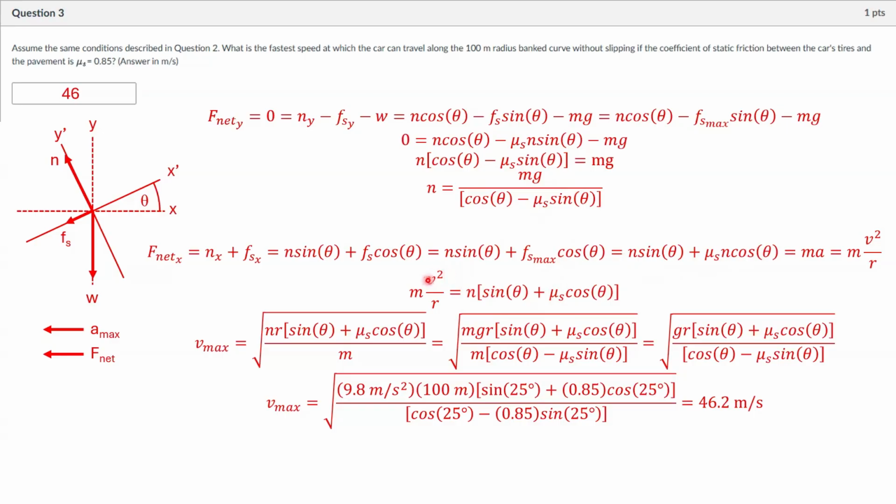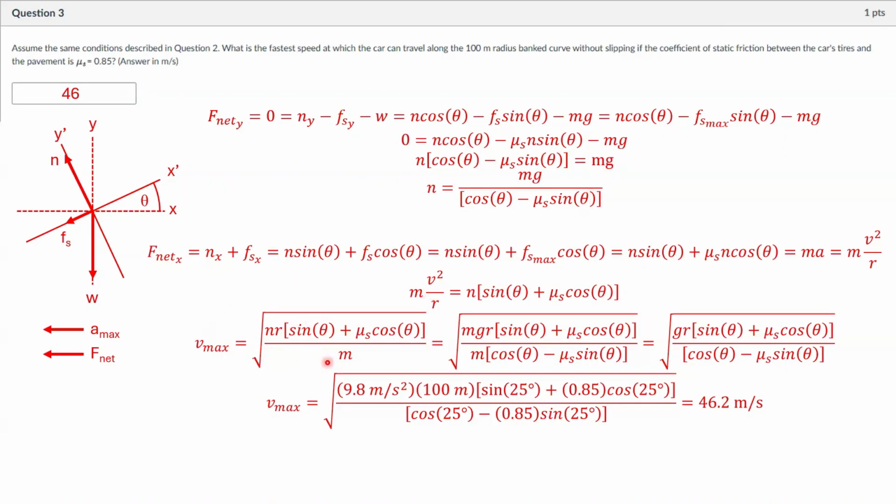If I simply jump right ahead to solving for v here, I would end up with v max is equal to, well, this m is going to end up in the denominator over here, and this r is going to end up in the numerator over here. So I'd have n times r times this stuff over m, right? Let's see if that's how it plays out. V max is equal to the square root, got rid of the square, r times n, that checks out, sine theta plus mu s cosine theta over m. That is then equal to, all